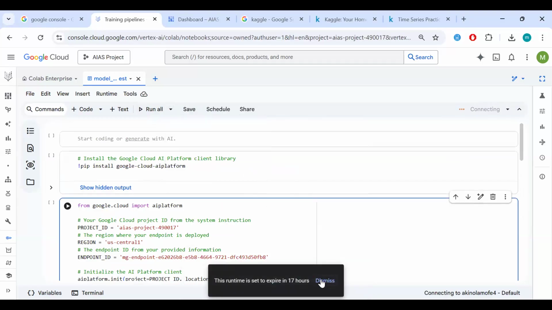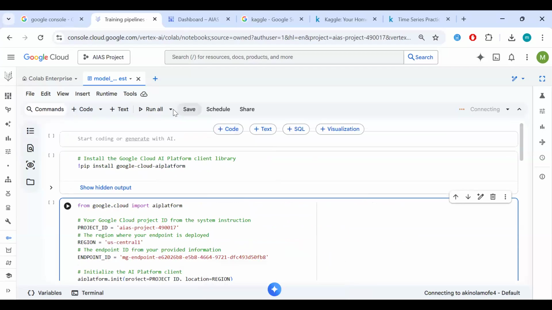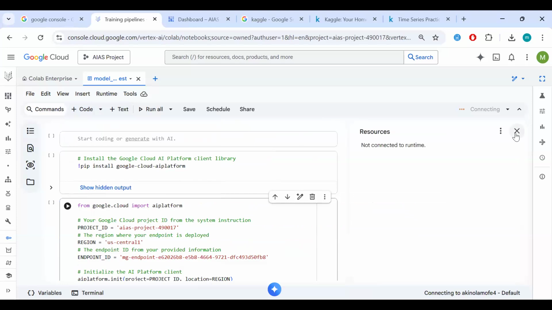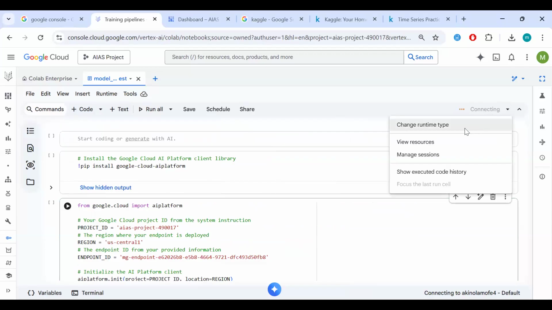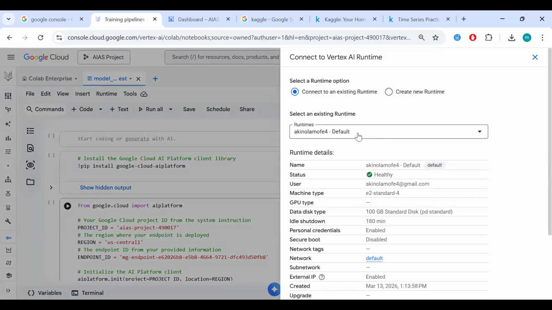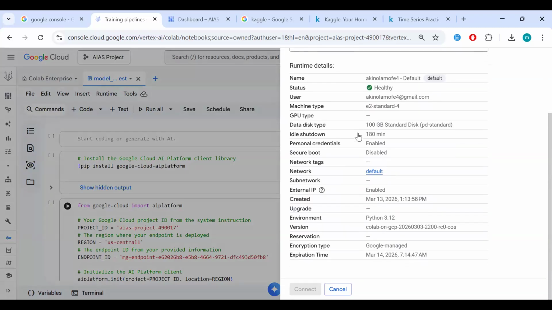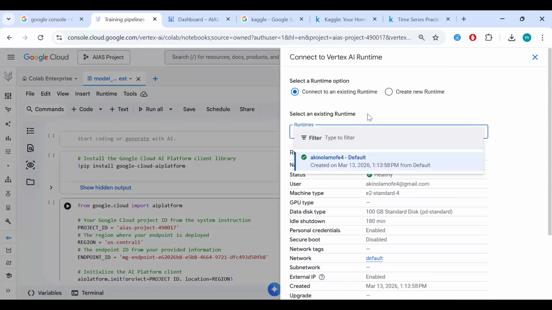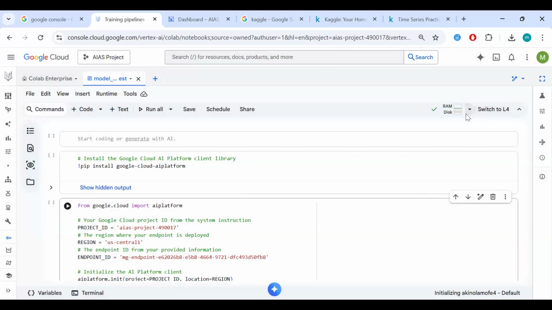All right, so this is taking some time. Aha, there we go. All right. So it's loading and trying to connect us to the appropriate hardware that we'll need to run our scripts. So there we go.